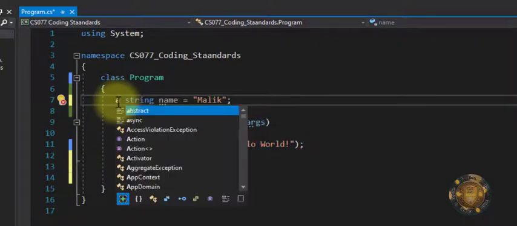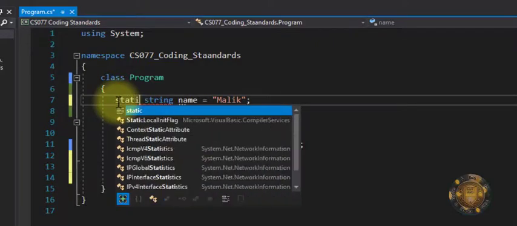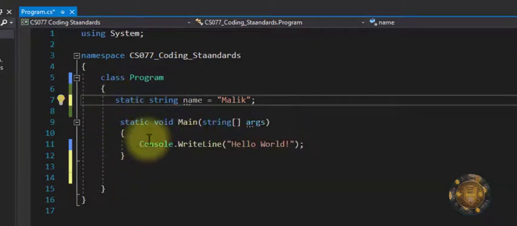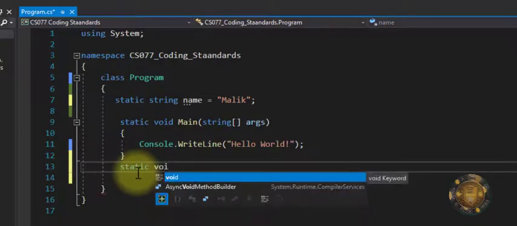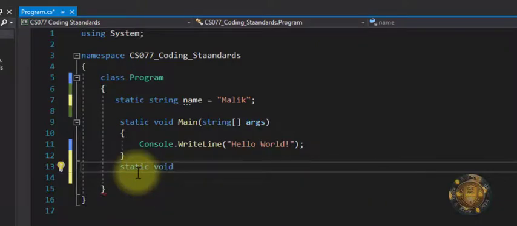So we're going to proclaim that everything is static. And then I'm going to proclaim a static void. It doesn't return anything, so we're saying it doesn't return anything, and we're going to call that print, or